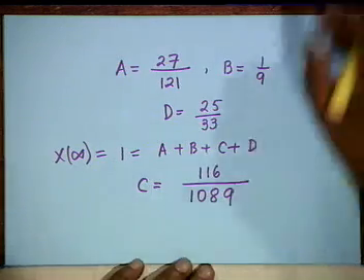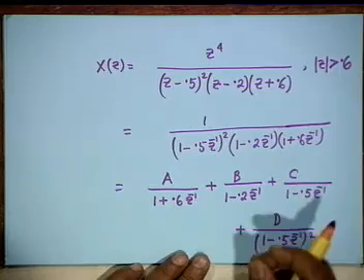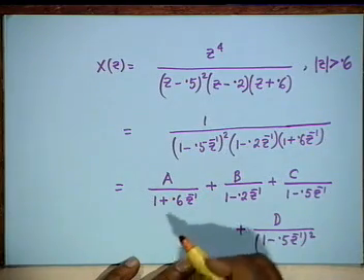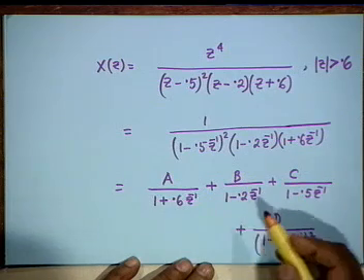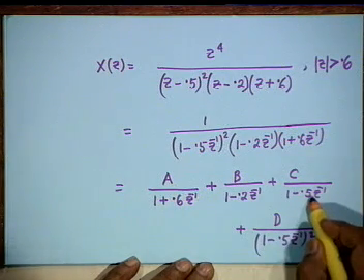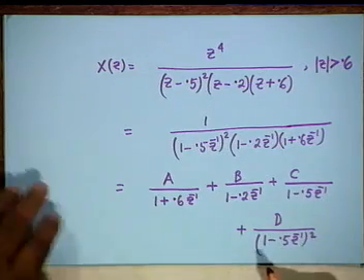Now the problem is that of inversion. Now we have found out all of the constants. So the inverse of this would be minus 0.6 to the power n u(n) plus 0.2 to the power n u(n) plus 0.5 to the power n u(n). Now only this term remains. Let us look at the general formula, then I will leave the rest for your calculation.